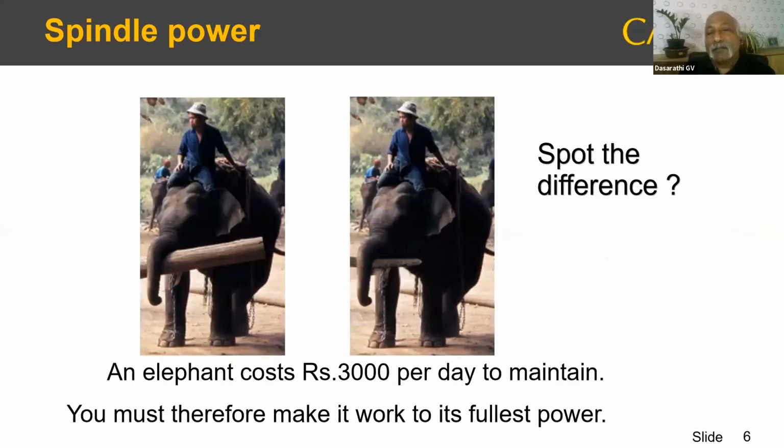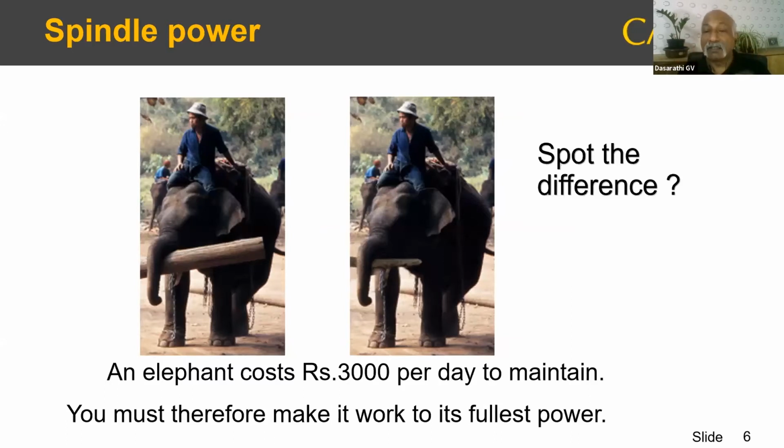Now, we'll start with this little story, right? There are two elephants here. You can see the elephant on the left and the elephant on the right. They're the same. The mahouts, the guys who actually drive the elephants, are the same. Both are those blue dress guys with a hat, right? There's only one small difference between the two elephants, which you probably noticed by now. And what is that difference? The elephant on the left is carrying this really large log. It's carrying a heavy load, whereas the elephant on the right is carrying a small load.